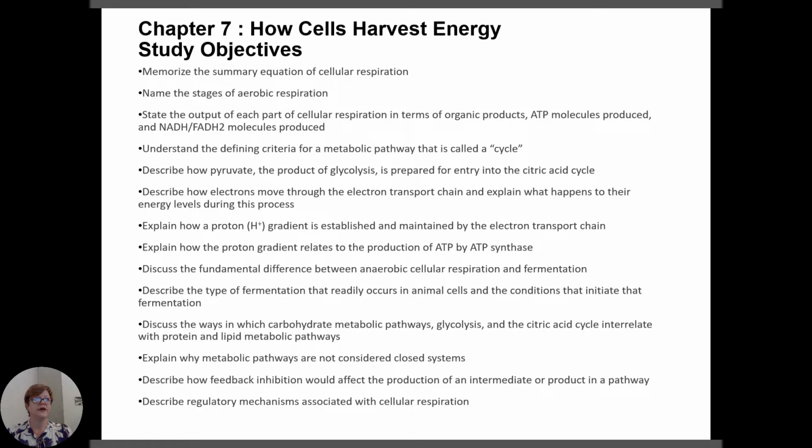And then we'll talk about the cycle that's called the Krebs cycle and what the defining criterion of that term is. And we'll talk about pyruvate, the product of glycolysis, and how it's prepared for entry into the Krebs cycle. So these five are the focus of today's two lecture segments, and you're going to take very careful handwritten notes. All right, so